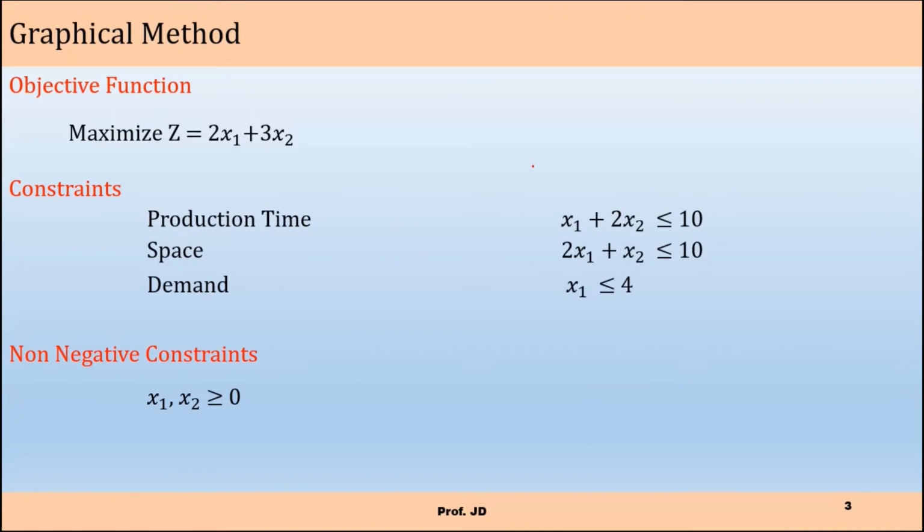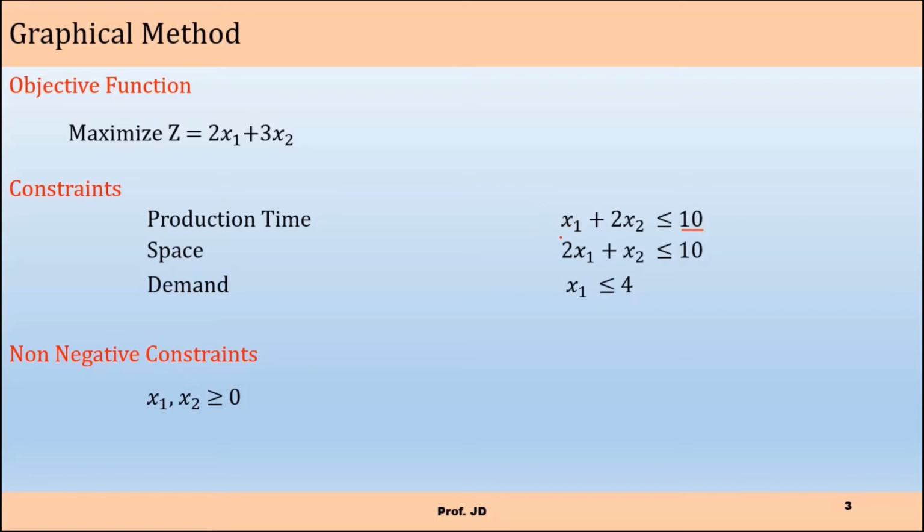We have to plot all the constraints on x1 and x2 axis as per the methodology discussed in previous videos. So from this information, you must know how many units you require to plot on x1 axis and how many units you require to plot on x2 axis. So if you know the maximum amount of x1 and x2, it will be very easy to decide the step size that you require on x1 axis and x2 axis. For that, I will suggest you divide the right hand side of the constraint with minimum coefficient. So here minimum coefficient is 1.